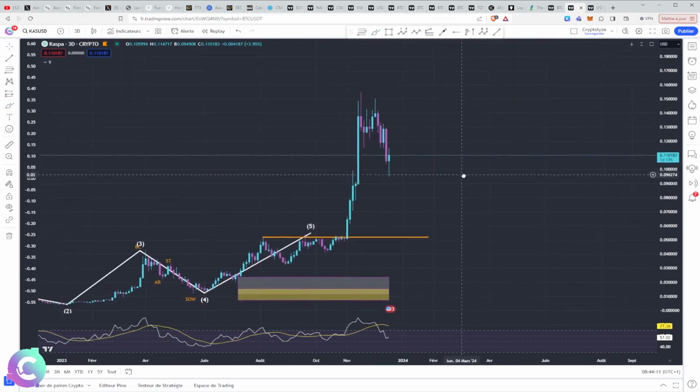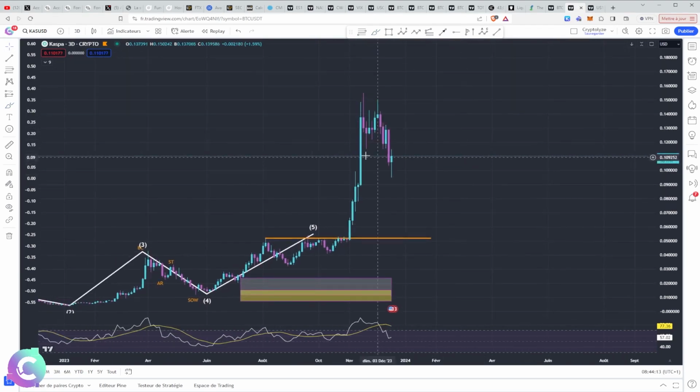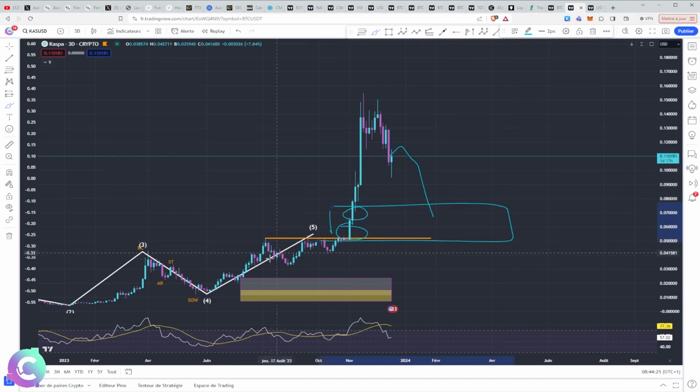Although KASPA manages to be very resilient compared to BTC, if we indeed have a sell the news on BTC ETFs, there is a good chance that we have assets behind that breathe. And so at that moment we will potentially have opportunities with the imbalance which is found here and the imbalance which is found there. These are opportunities that we must not miss, okay? We must understand that here we had our break, we have our validation here of a strong actor. We are starting to have information, and the validation of information, on the implementation of smart contracts.